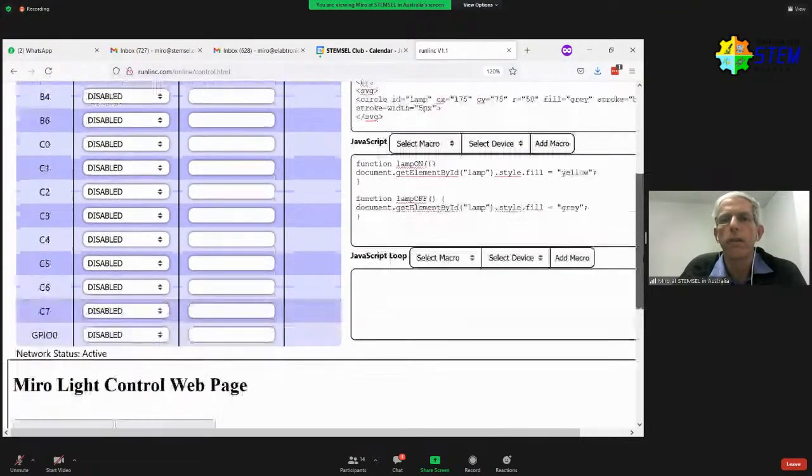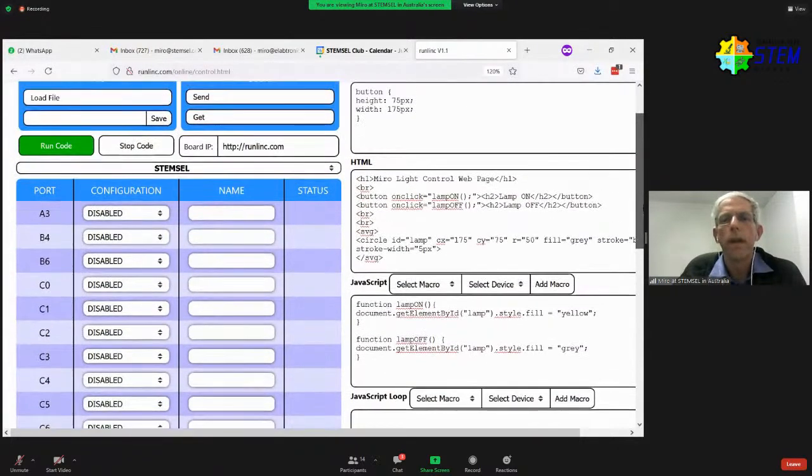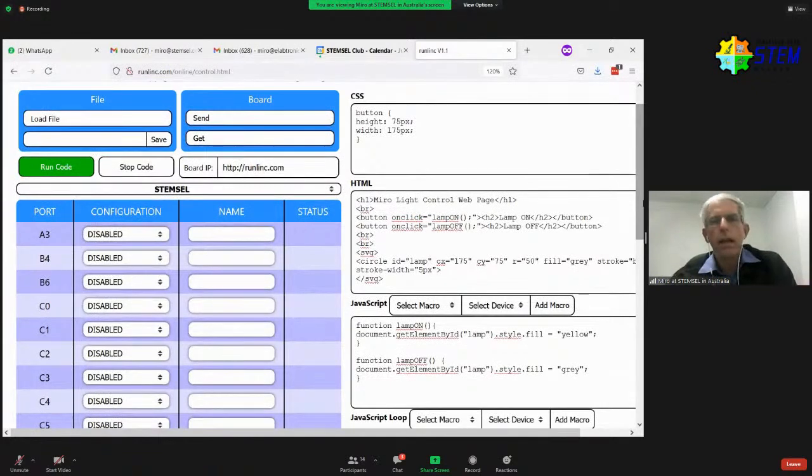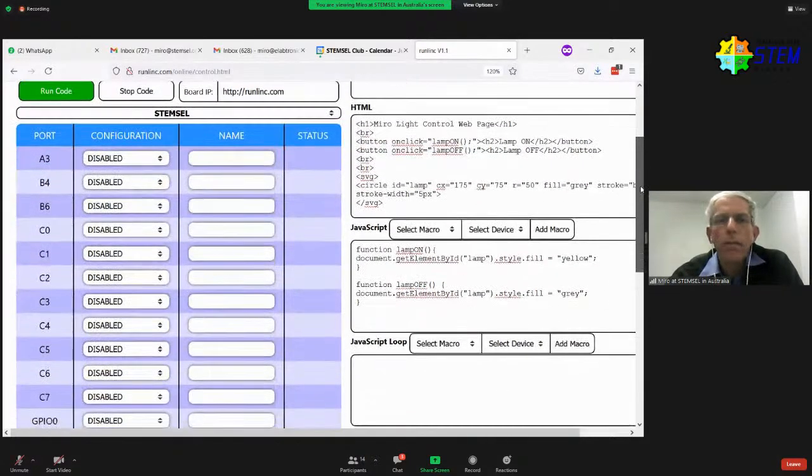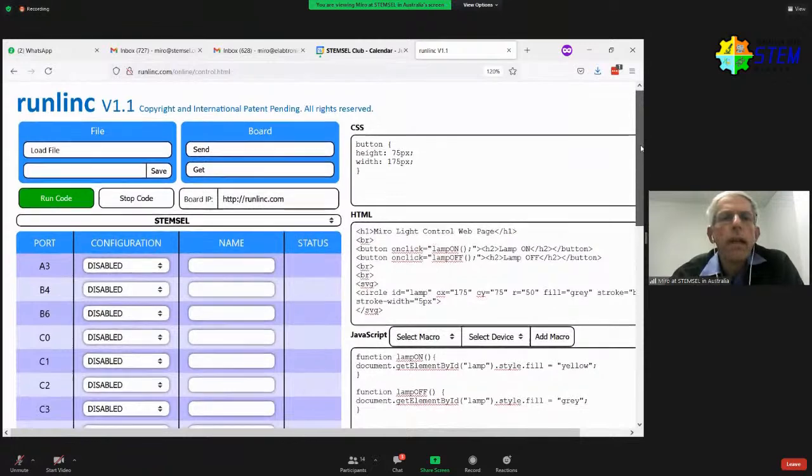Other colors are also possible too. All right, so this shows that we can use the buttons to change many things. We can activate functions, and also we can activate the actual